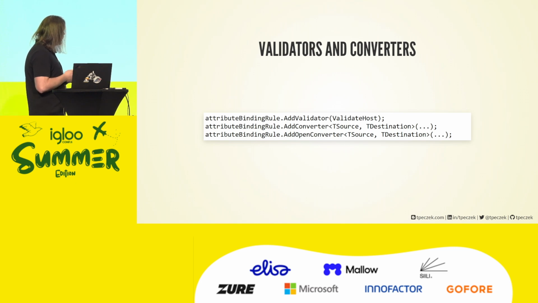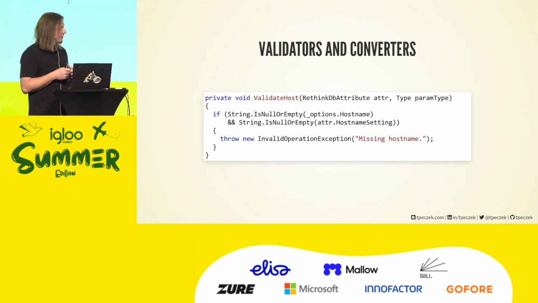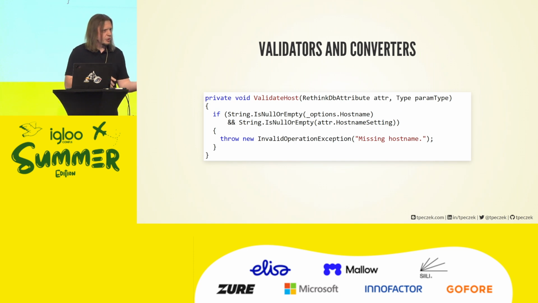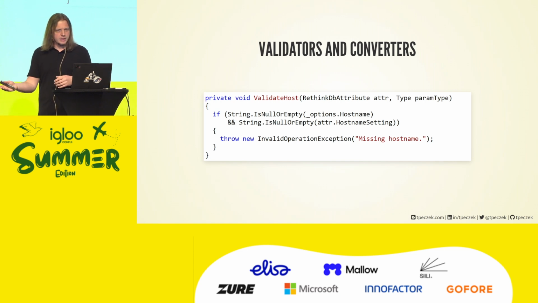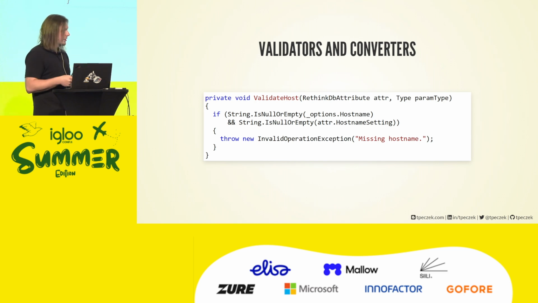Validators, on the other hand, are there to take away the responsibility of validating the definition of the function. They are simple methods. They are given the instance of the attribute for that definition, the type of the parameter, and any cross-validation on that definition can be done here. If there are some properties whose values depend on other properties, here. If there are some properties whose values depend on the type of the parameter, here. If those validations fail, Azure Functions cannot start, because the function definition doesn't match the bindings.